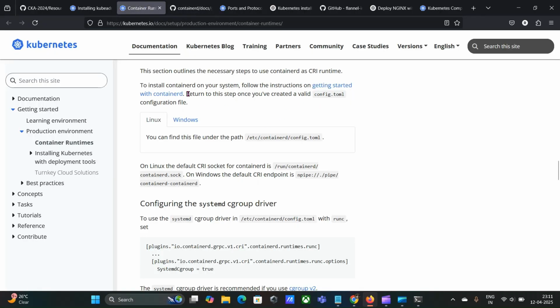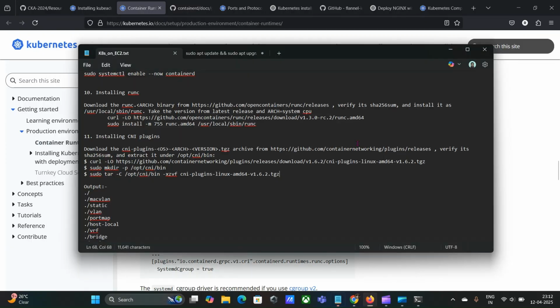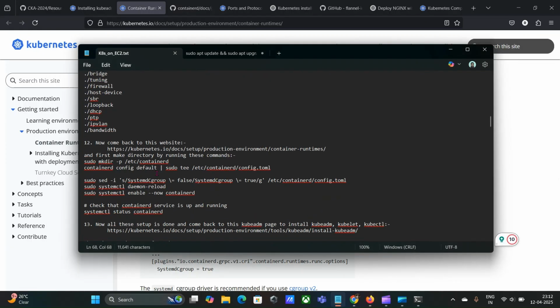We need to let containerd know that we are going to use systemd as the runtime driver, right? So we need to find this file config.toml in this path and modify it. So how are we going to go and do it? Using only one command, see how I have configured it. Okay, so you need to